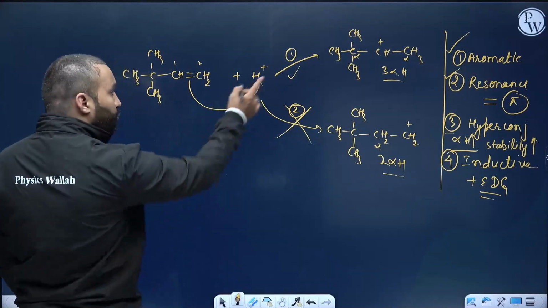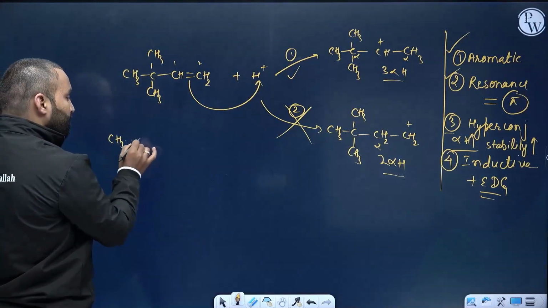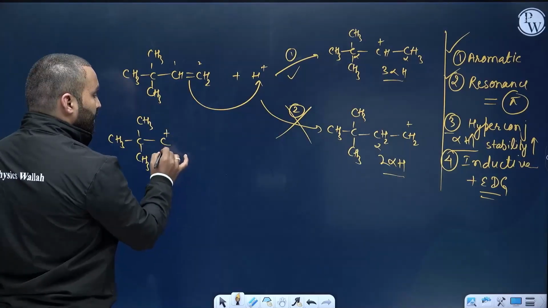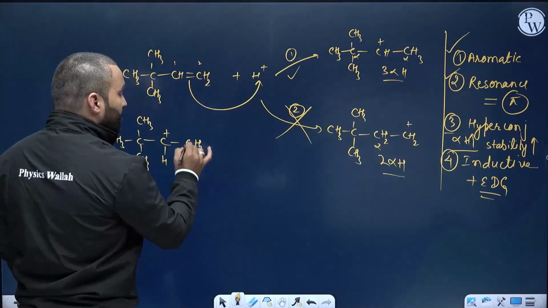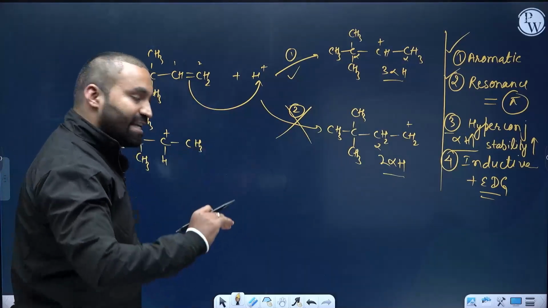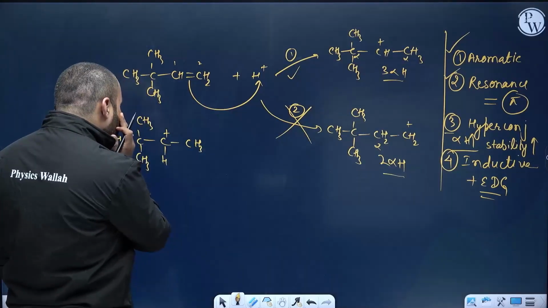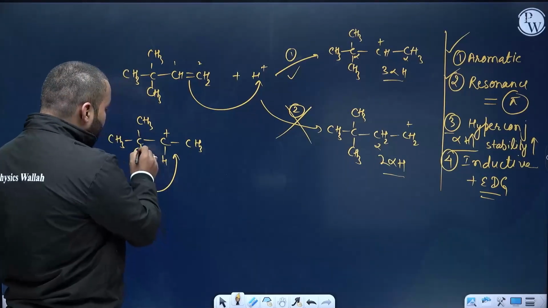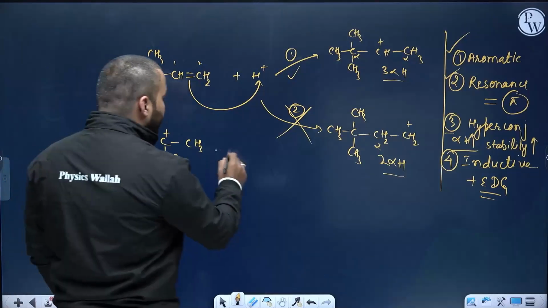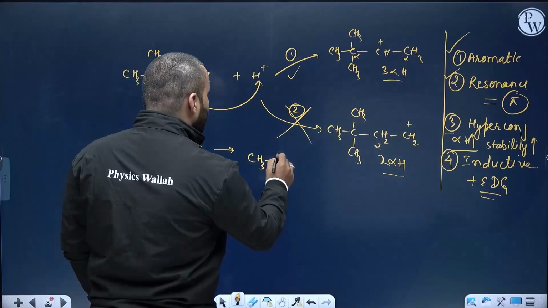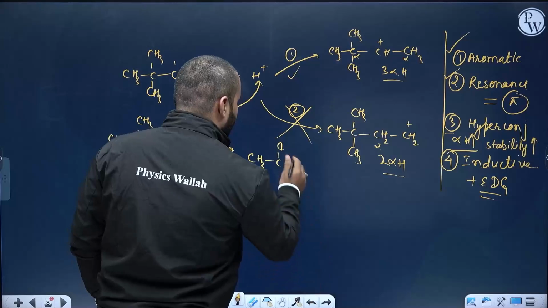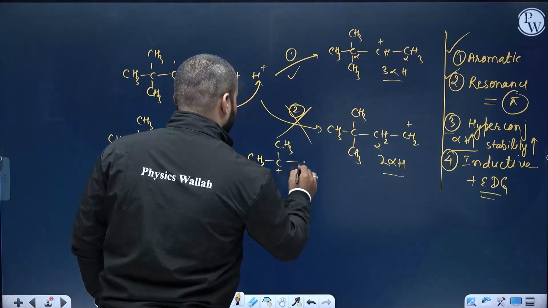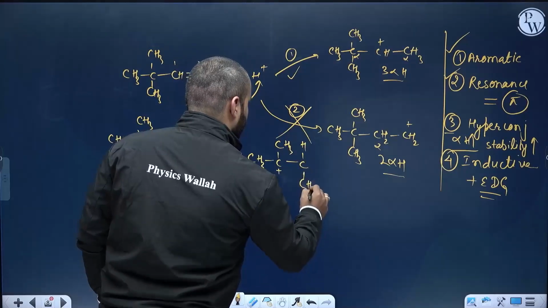Like, now from here, the first structure that is made, what do you need to do after making carbon plus? Rearrangement. I see that if I move this CH3 here, this is known as methyl shift. With this pair of electrons, I will pass on this positive charge to the neighbor carbon and generate a better stable carbocation. This is the positive charge satisfied by